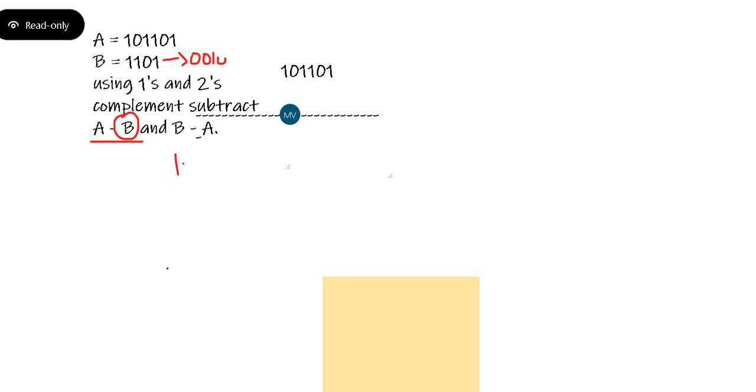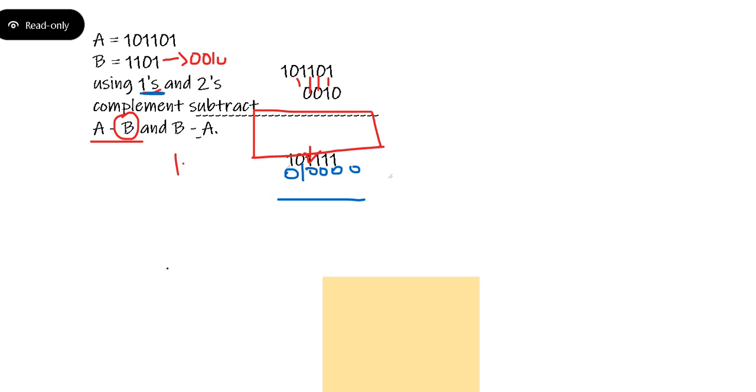Now this is my value. So 1 plus 0 is 1, 0 plus 1 is 1, again 1, 1, and then 0, 1, 1. Now I don't have any carry. There is no carry at all. So this answer, I'm going to convert again to the original using the ones complement. So what I'll get is 0, 1, 4 zeros.